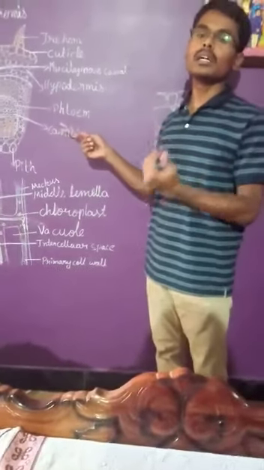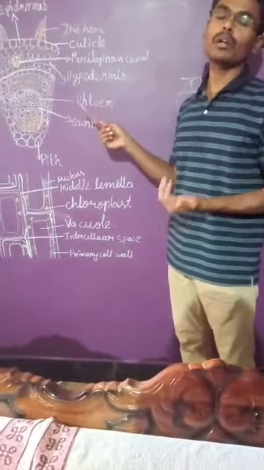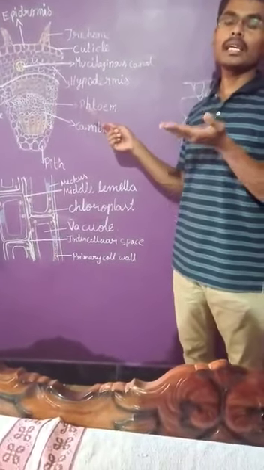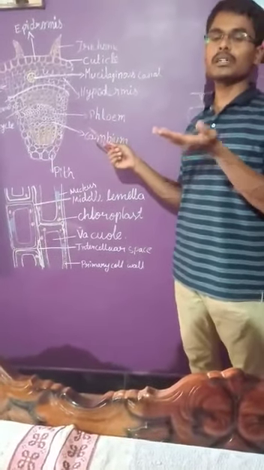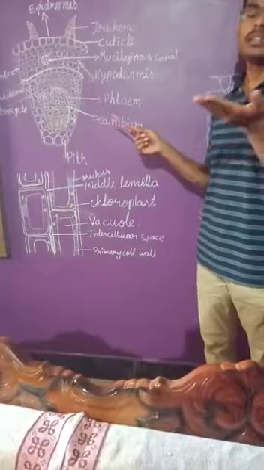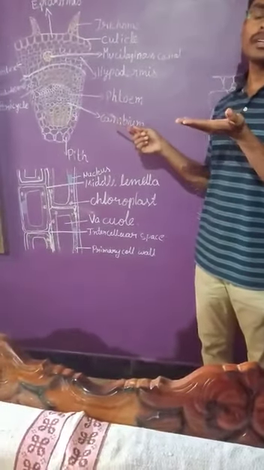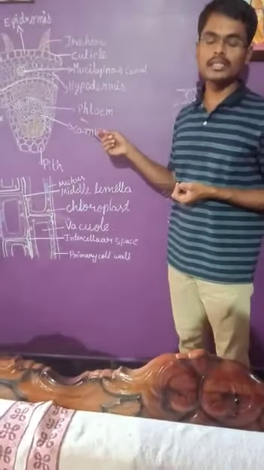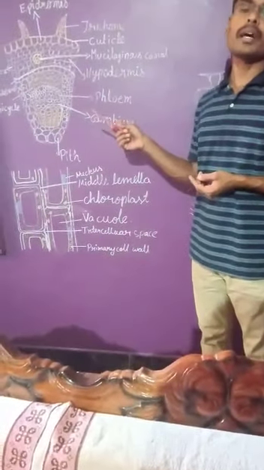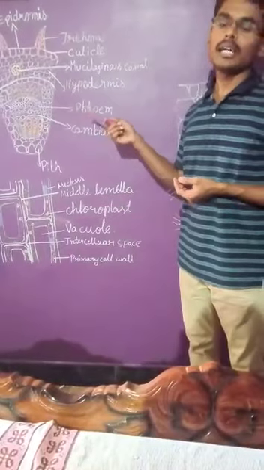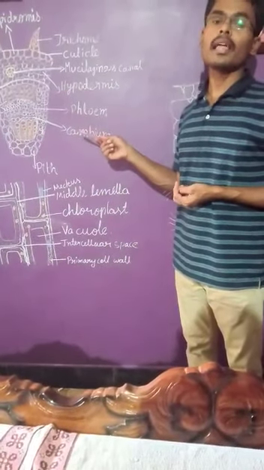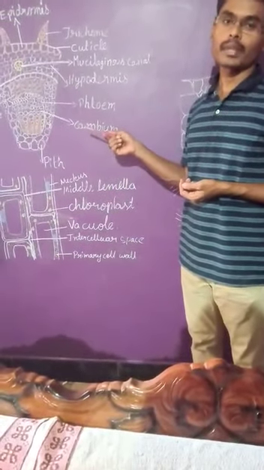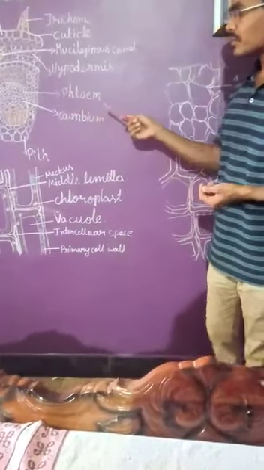Buoyant force is nothing but the upward thrust in a water body that floats any kind of substance present over the water body. For that reason, we call that one the aerenchyma. Aerenchyma is nothing but the presence of parenchyma in aquatic plants. That is the reason we call this one parenchyma. Okay.